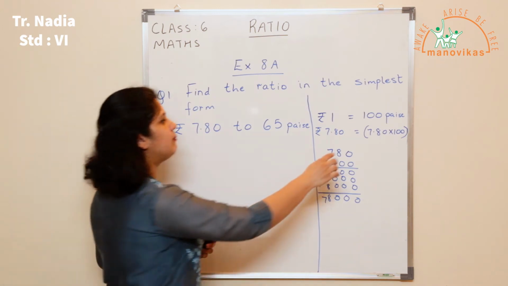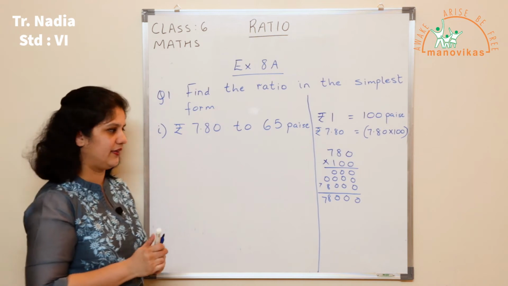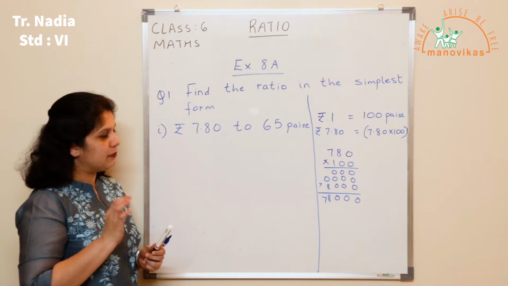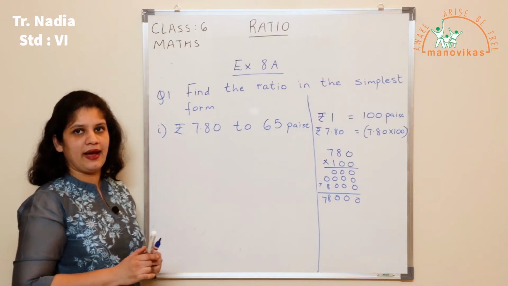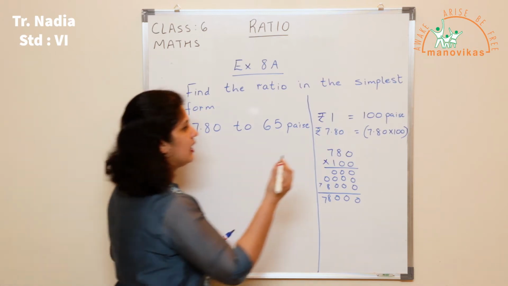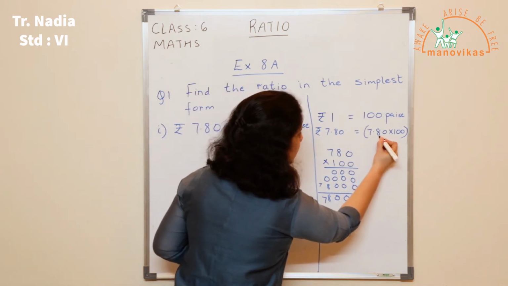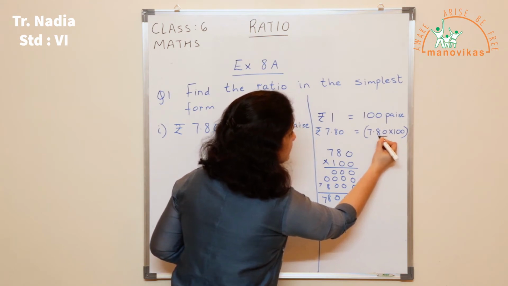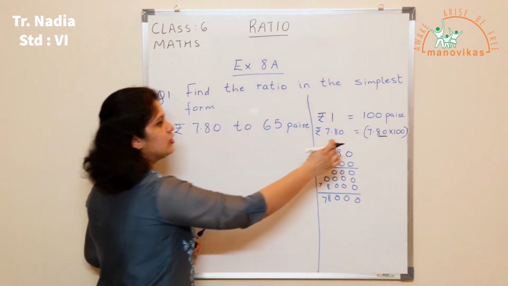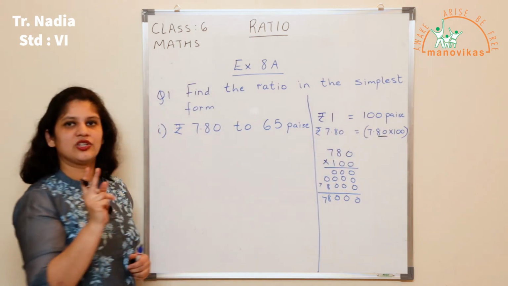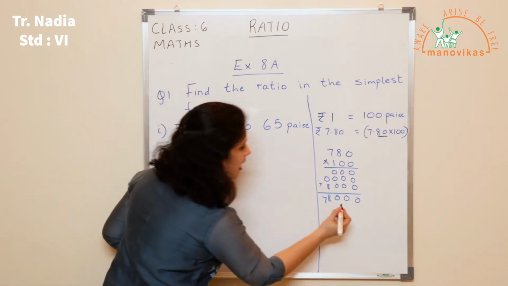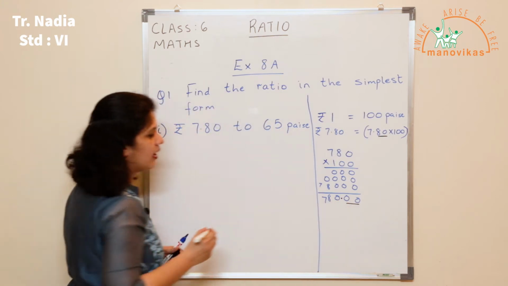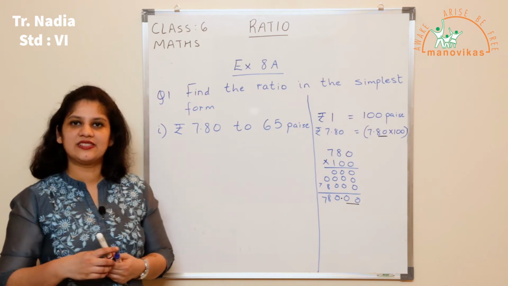So we had 7.80 multiplied by 100. What I did was I removed the decimal point and I multiplied. But in my answer, I need to put back the decimal point. Now let us see here, where was my decimal point? It was after 2 digits. There were 2 places after the decimal point. So 1, 2. Since my question had 2 decimal places, my answer also needs to have 2 decimal places and the point will come here. So the answer will become